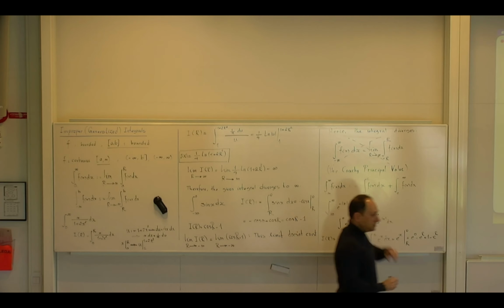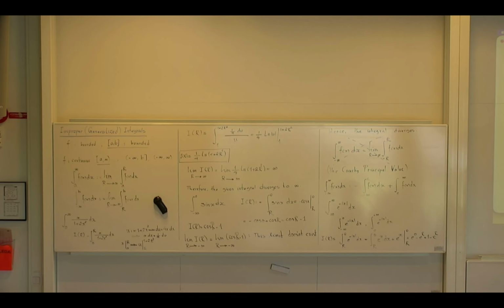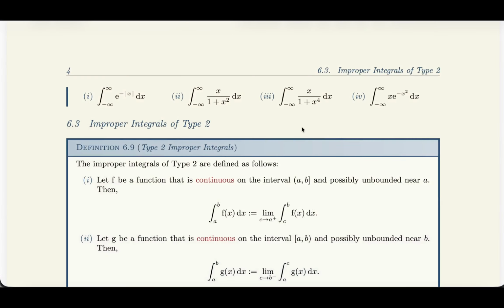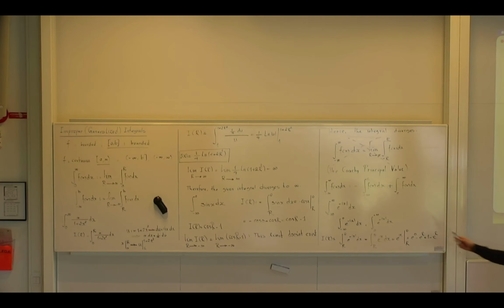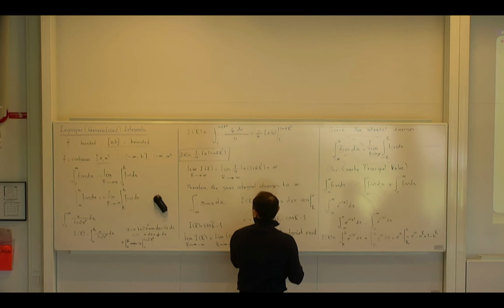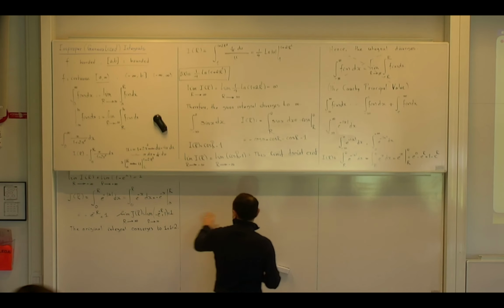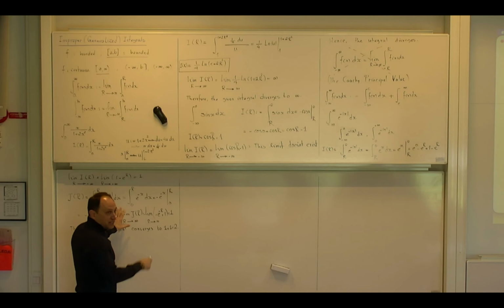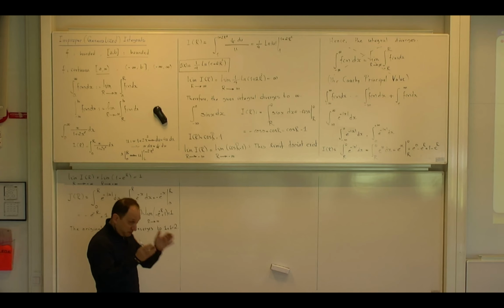For example, in this example, what is your guess? If you see this example, what type of function are you facing? It's an odd function. Yes, because if I replace x with minus x, it will pick up a minus sign. But then let us calculate this integral to see what happens, okay? Here in this problem, the Cauchy principal value is the same as the value of the integral. But I just want to spend time on what we are supposed to do. I want you to do it this way. If you want to do some shortcuts, you have to be careful about what you are doing.